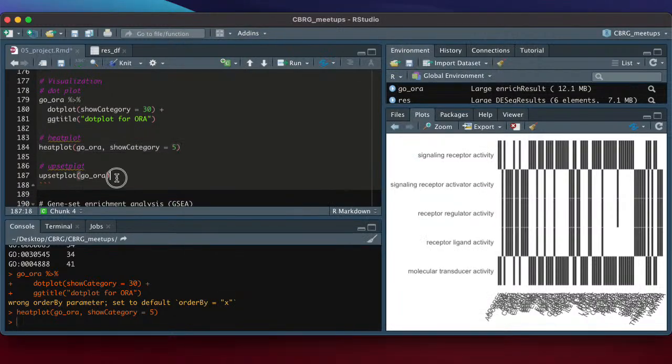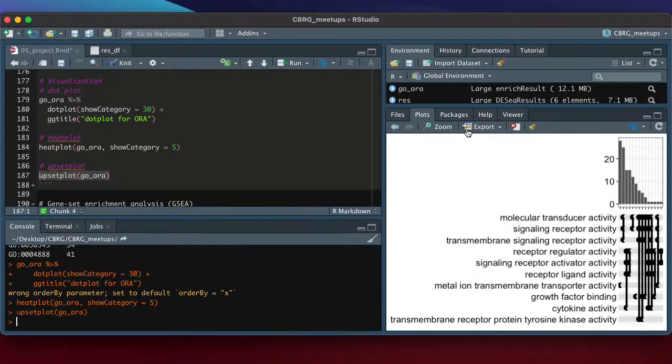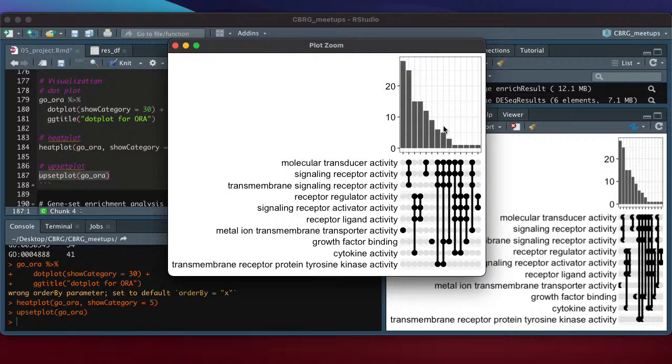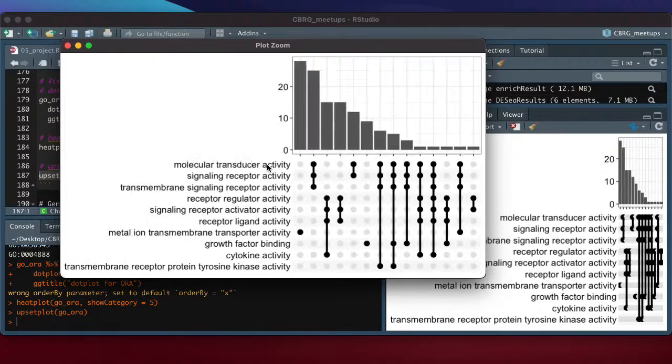An even better one is to use this upset plot. And that looks like this. Or actually, that gives you slightly different information. This one tells you how many genes there are in each term, and not just in each GO term.